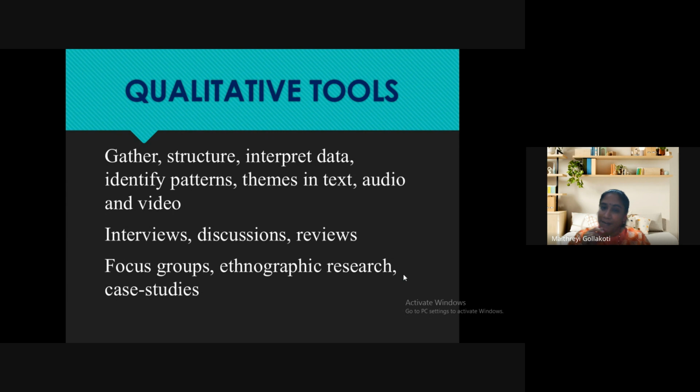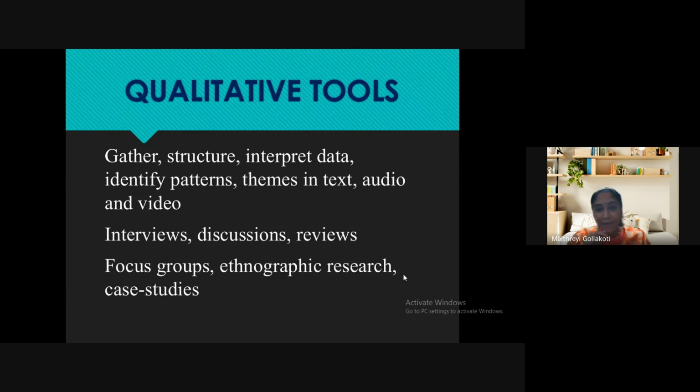Opinions of people we can take in the form of SMS. We can take in the form of questionnaire. We can take in the form of surveys. Like that we can do. Or we can ask people to give feedback orally through phone or through any other way we can take the audio. Or else we can picture a video which has both audio as well as person. So from these things we can gather qualitative data. That is why we can do interviews, we can do discussions, or we can do customer reviews.